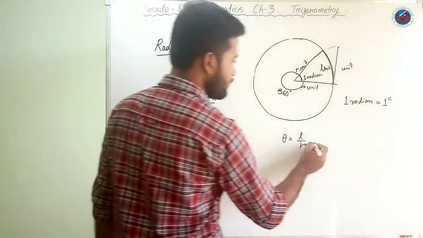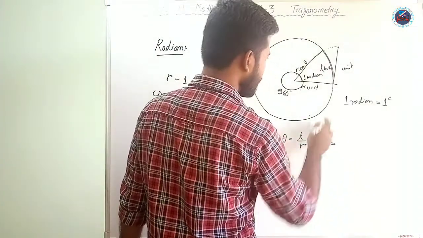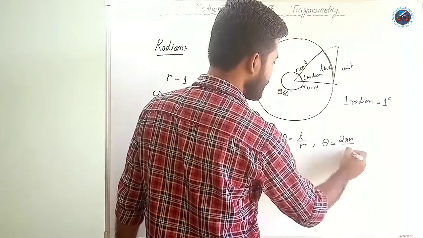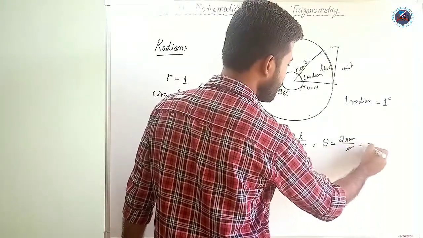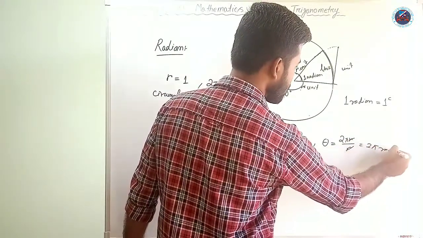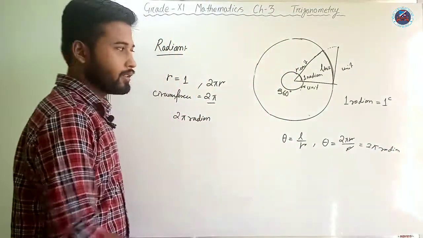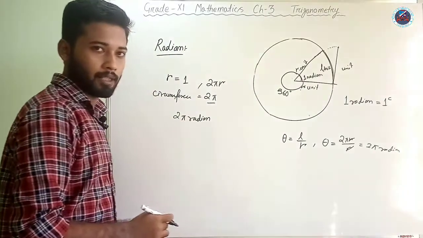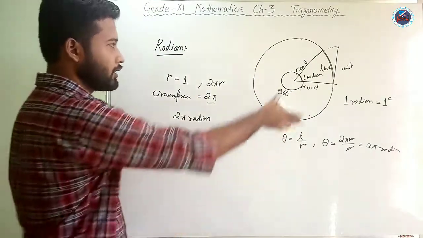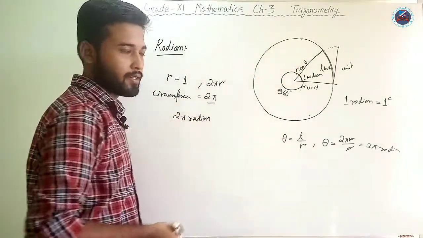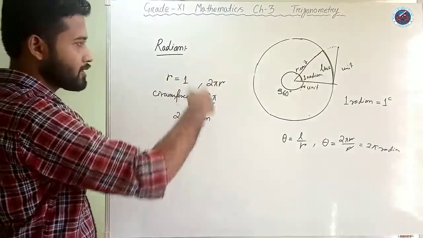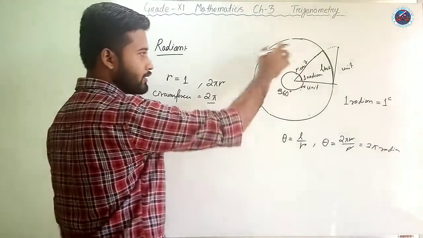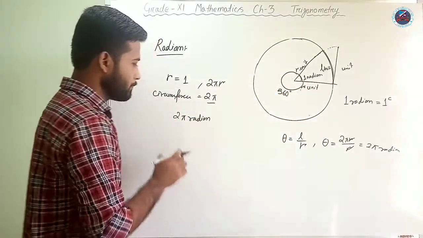But what if the length is 2 pi r and the radius is r? Then we are getting our angle as 2 pi radian, isn't it? That is, our radian will always depend on the measurement of the perimeter of the circle, or in certain cases the arc of the circle. So here since we are considering the whole circle, we have 2 pi radian, that is the angle subtended by the whole circumference on the center.